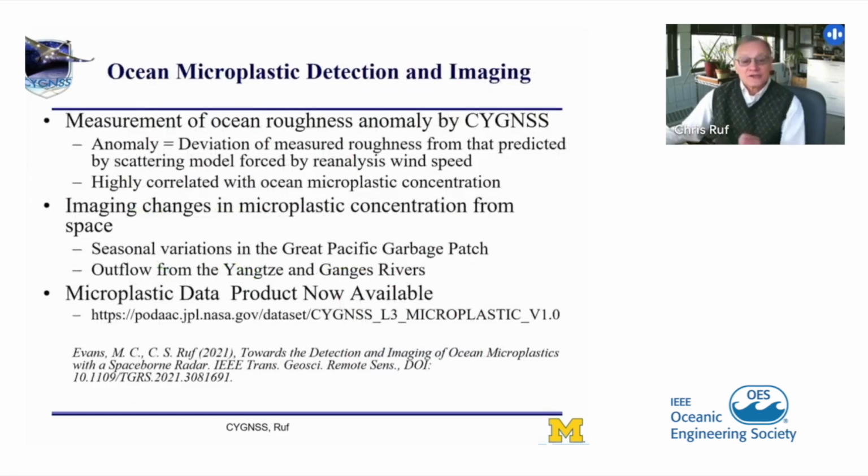And now I wanted to turn back to the ocean microplastics, which is the point of this talk. So again, what Cygnus actually measures is the roughness of the ocean surface, because that affects the scattering cross-section of the surface, and from that we're deriving winds. All right, so what we did for ocean microplastics was kind of turn that relationship around backwards, and we estimated,